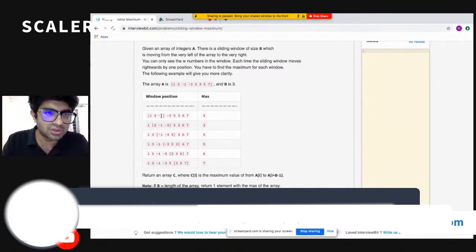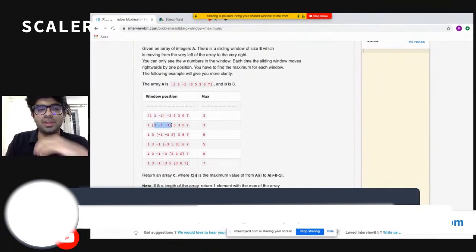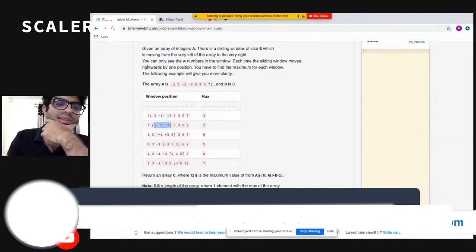Nice. So now let's look at the next thing. If I take the next window for this case, it will be 3, -1 and -3. If I take this window, I can see that the maximum for this window is equal to 3.